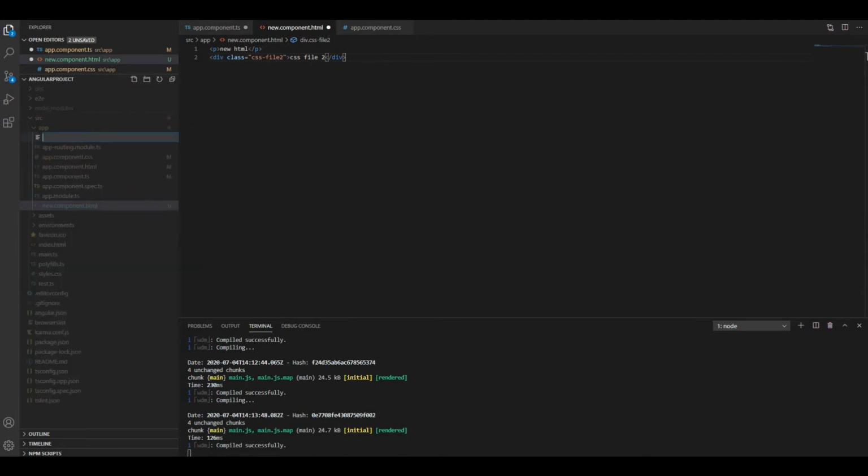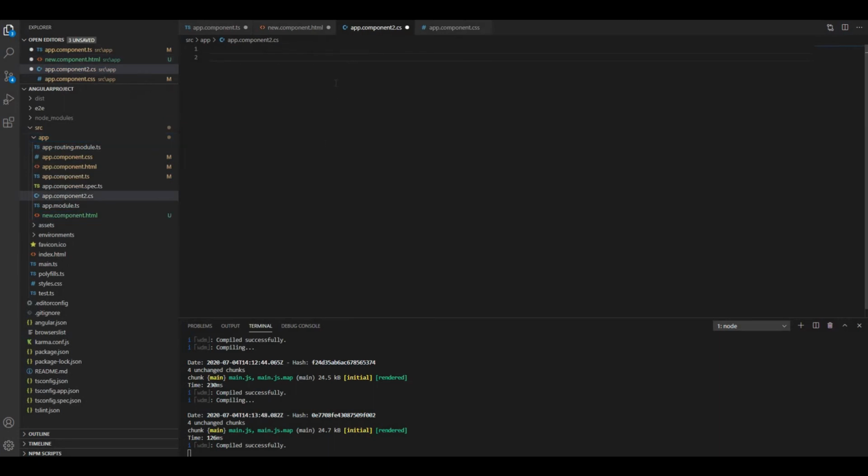Create a new CSS file, namely app.component2.css, and add style here for the class css-file2, which is the class of the newly added div tag in app.component.html file. For the class to apply styles, we should have a dot followed by the class name, here css-file2.